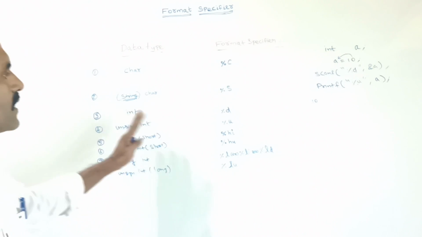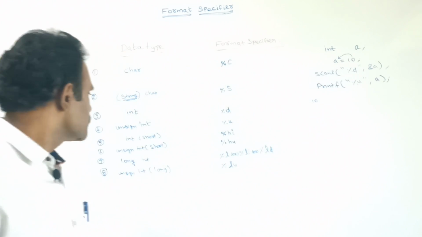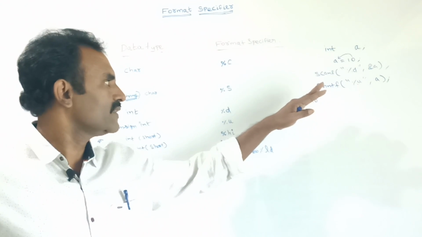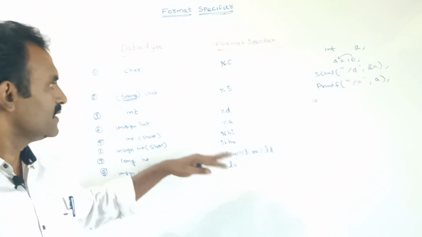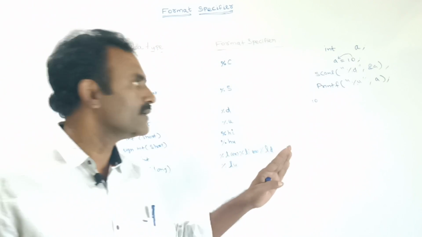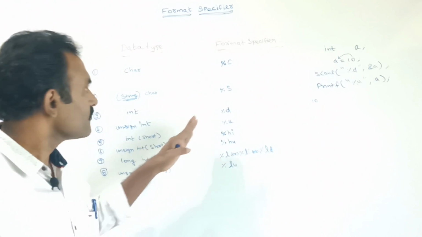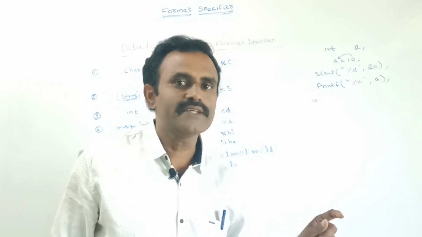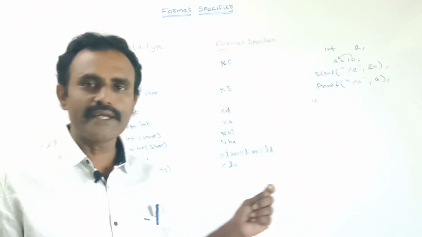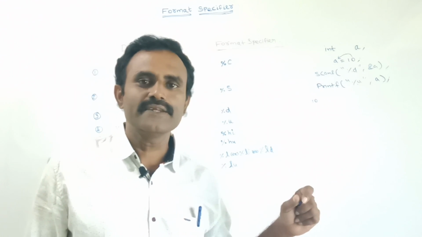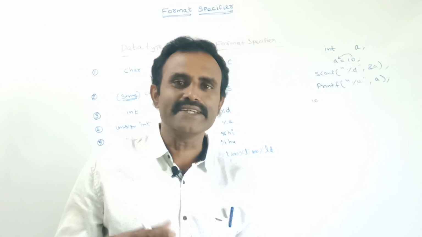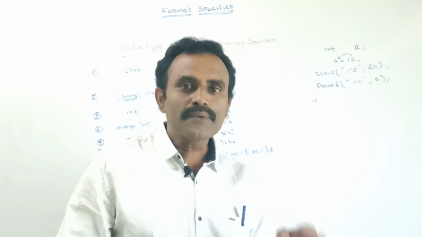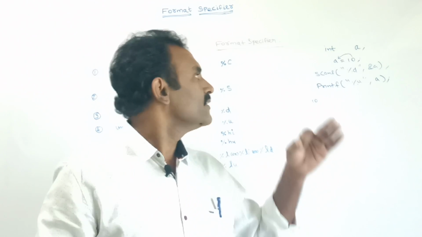So in this way we can use the format specifier. It is the same way for printf and scanf that we use the format specifier. The only difference is the byte size. For short integer it is 2 bytes, we can store values up to that 2 byte range. For long integer 8 bytes, integer 4 bytes. The maximum value will differ for each integer data type. Depending upon the range we can declare the variable.